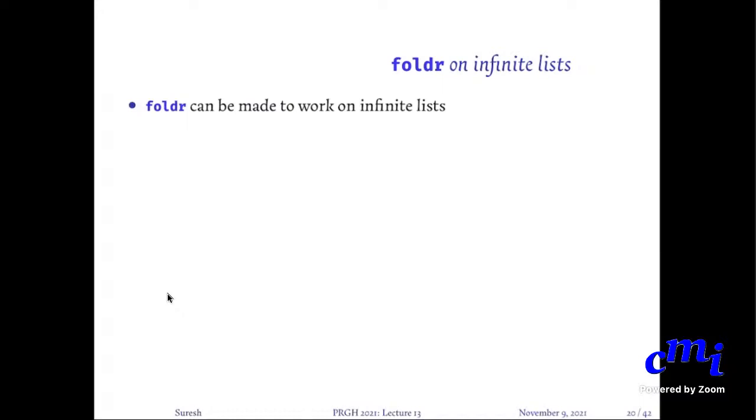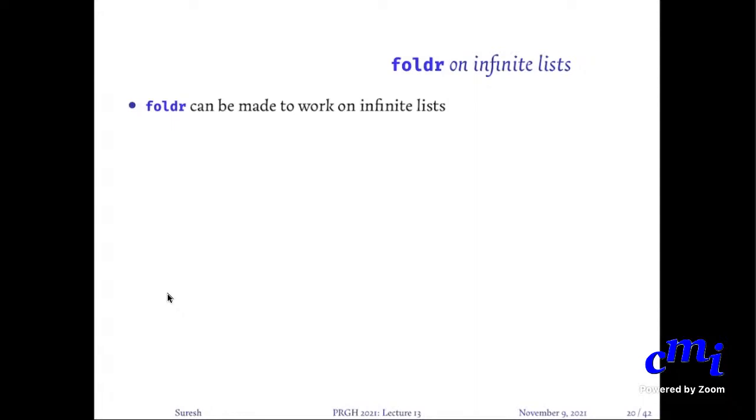Even though it looks like stupidity, because remember the definition of fold R: fold R of f b (x : xs) is nothing but f applied to x and then fold R of f b xs. So you have to make the recursive call and then combine it with this. But remember, it is just a figure of speech when I say you have to make the recursive call first and then combine it. Haskell will not do it that way. Haskell will always try to look at the outermost function that you need to compute. If you have a large expression, it will start at the topmost, outermost level.